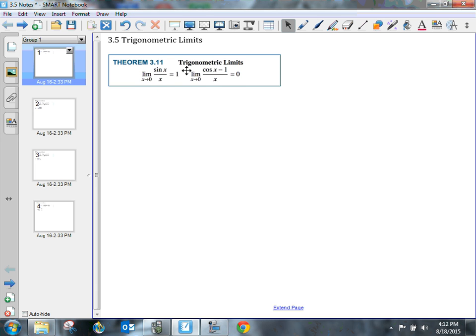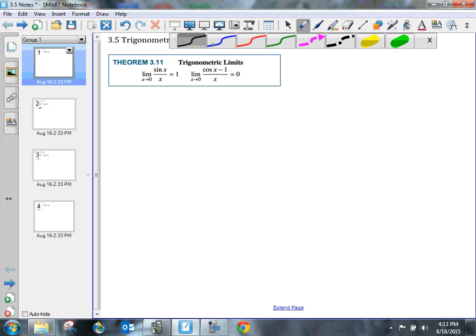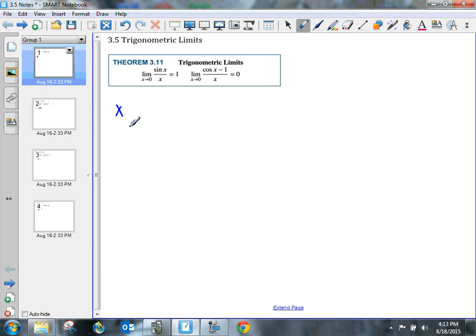Both of these limits are indeterminate, but they actually have values. So if I were to do direct substitution on this and plug in 0 to sine of 0, it would give me 0 over 0, which doesn't equal 1, okay? But I'm going to show you how we get these limits. So we're going to do the table method. The first one we're going to look at is sine of x over x, and I'm going to put in values for x